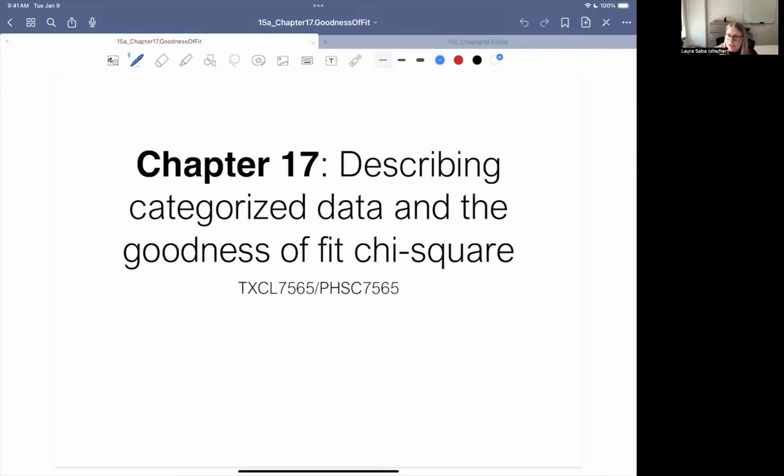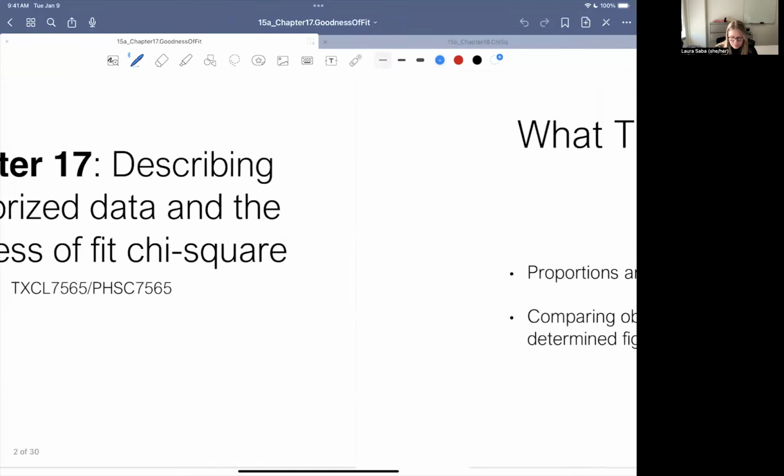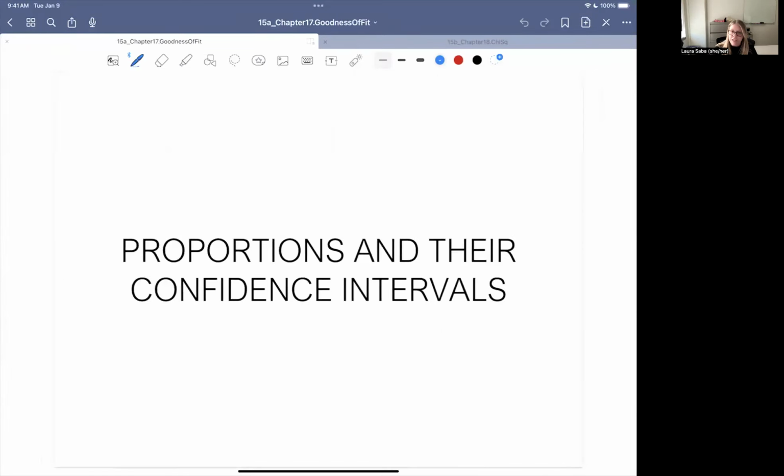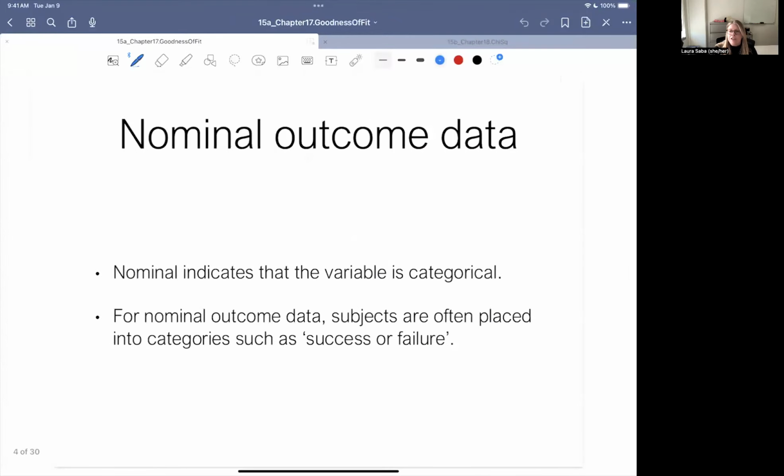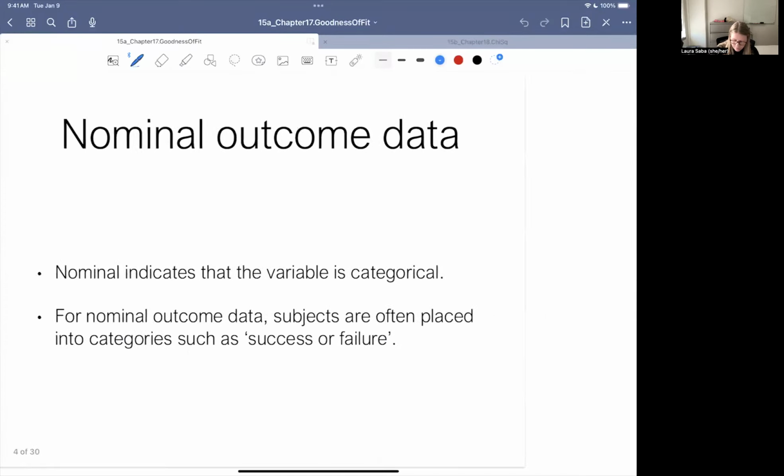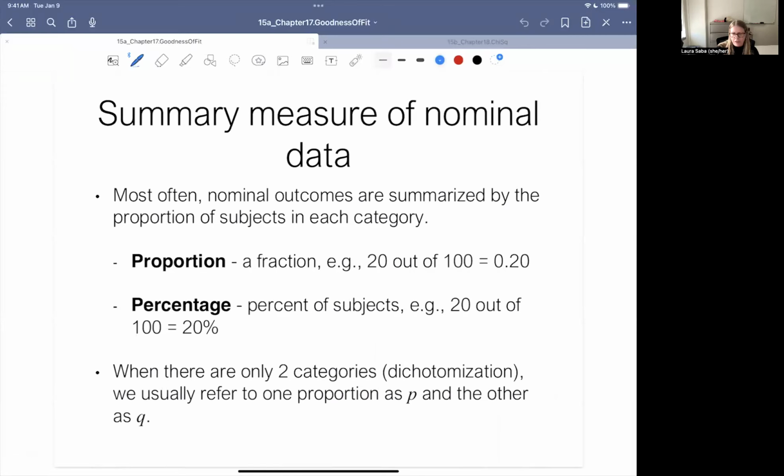continuous outcomes. So what we're going to do now is start moving into the statistical tests that have non-continuous outcomes. And so what we're going to tackle first here is proportions and their confidence intervals. So sometimes we don't have that continuous outcome. Instead, our outcome is actually nominal or categorical. One of the good examples that we see very often is success or failure of a drug, alive or dead,